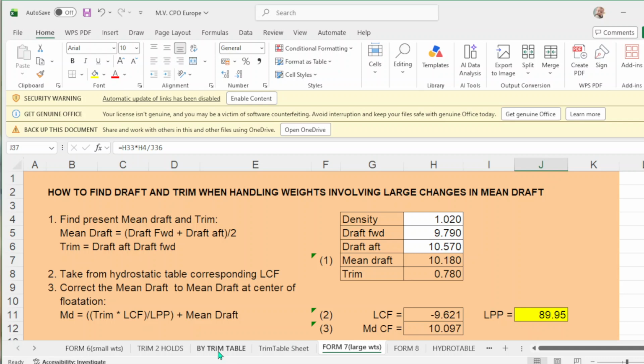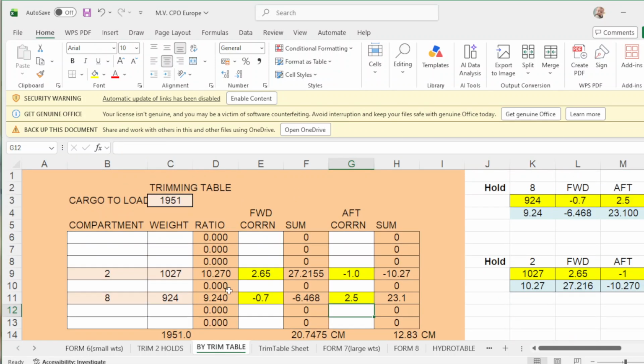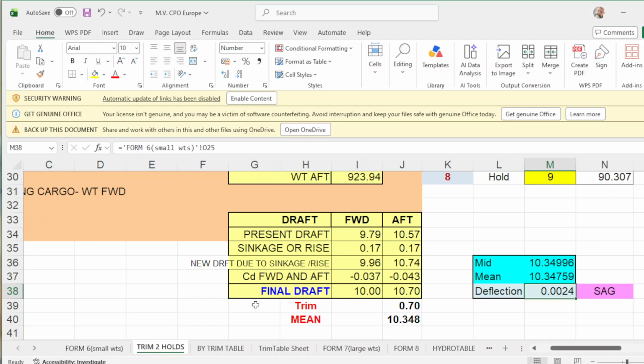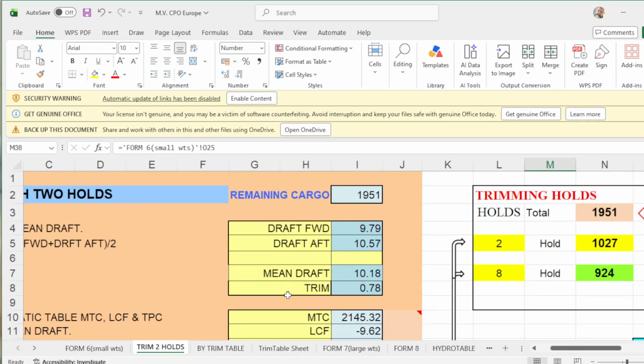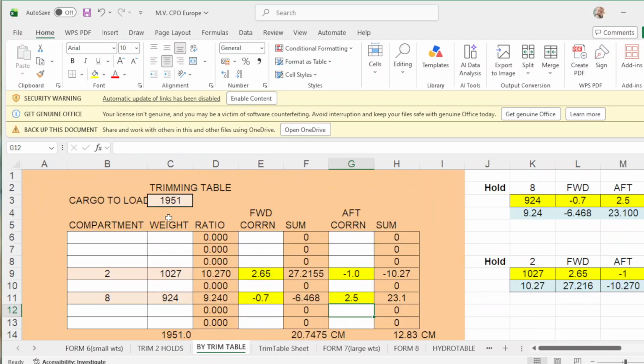And now in trim table, okay, trim table, you put your cargo and weights, then put the correction for an up correction for each hold.